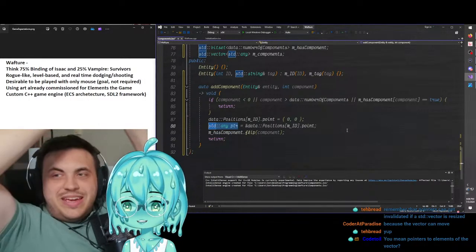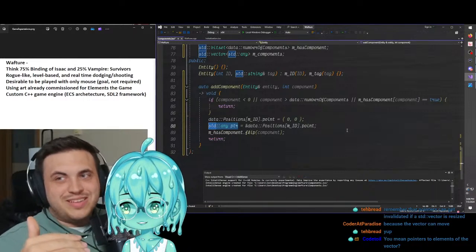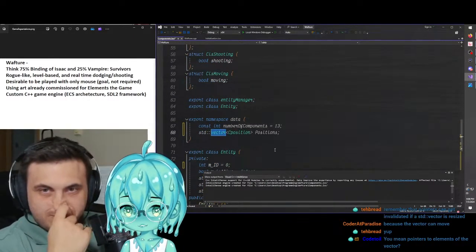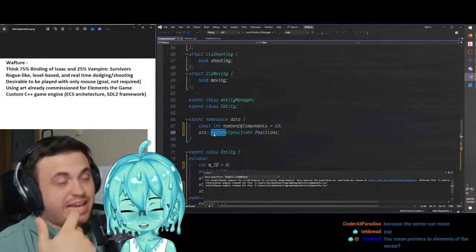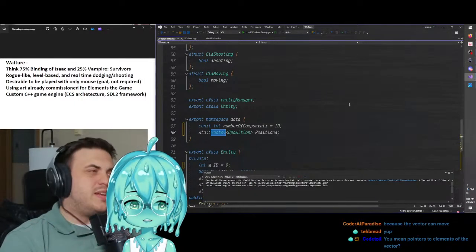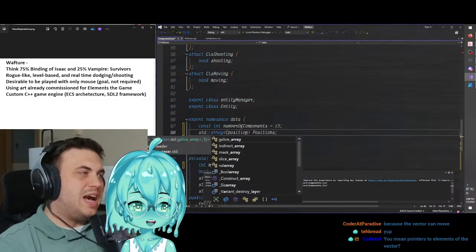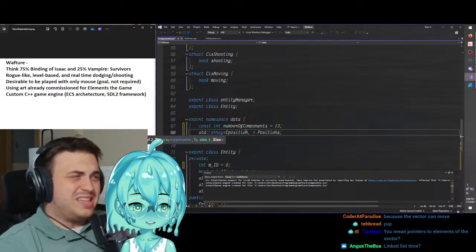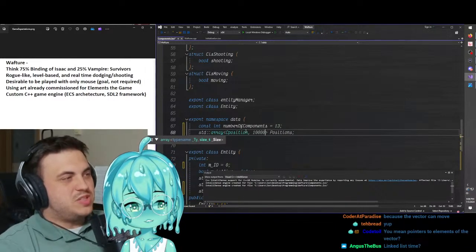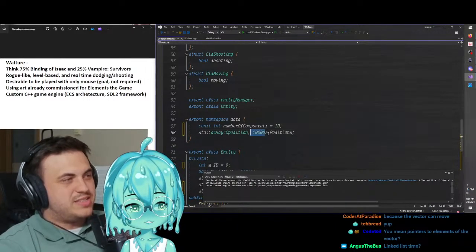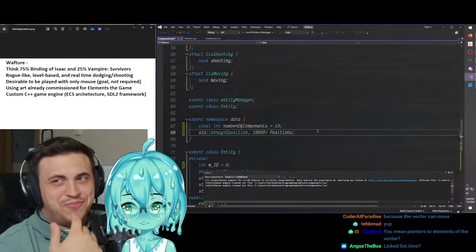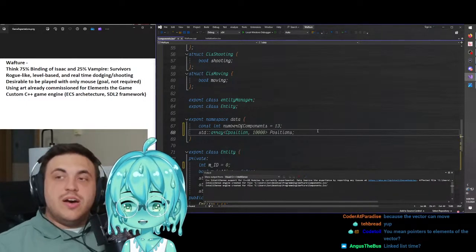Okay. So you're telling me that the best course of action for us is to make these arrays. That's what you're telling me. I could do that. I just have to make it an array and then specify the size, which I guess we could cap out at like 10,000 positions or something like that, or 10,000 entities. Linked list time? We're doing a linked list. Although,